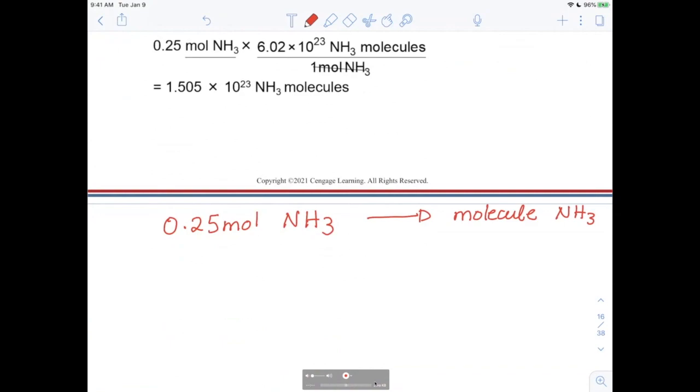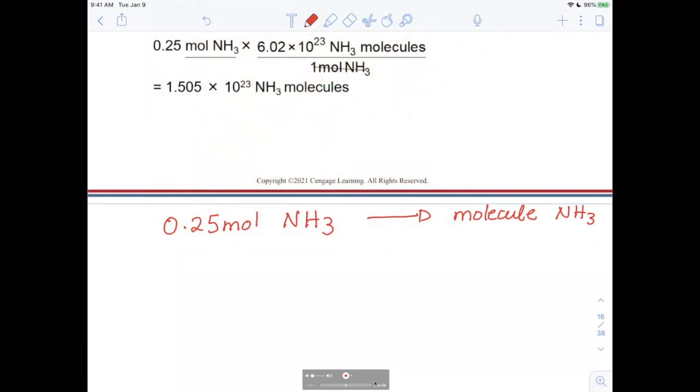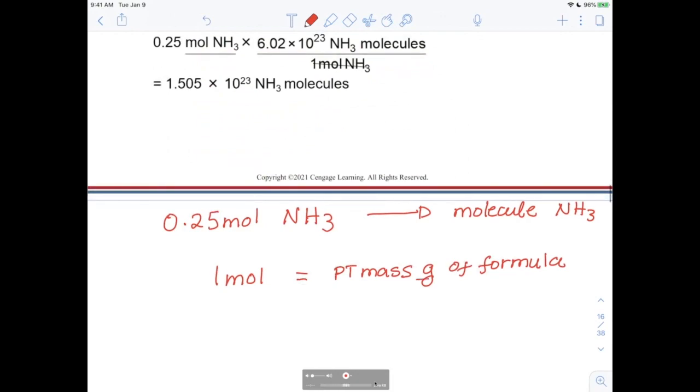Anyway, they're not the same word. They're not the same thing. Okay? So, remember the relationships I gave you? Now I want to make sure I expand on that. I said 1 mole is equal to the mass. The mass I gave you was for the formula provided, right? So I'm going to say here periodic table mass, because you get the mass from the periodic table, usually in grams, of formula. This is the general form. 1 mole equals the periodic table mass of the formula in grams, or 1 mole equals